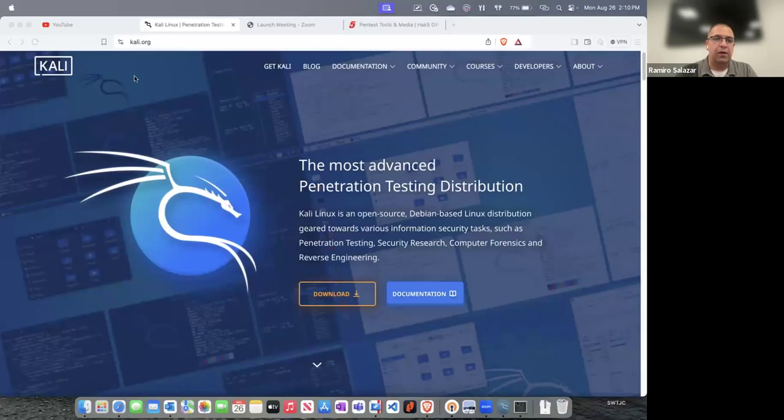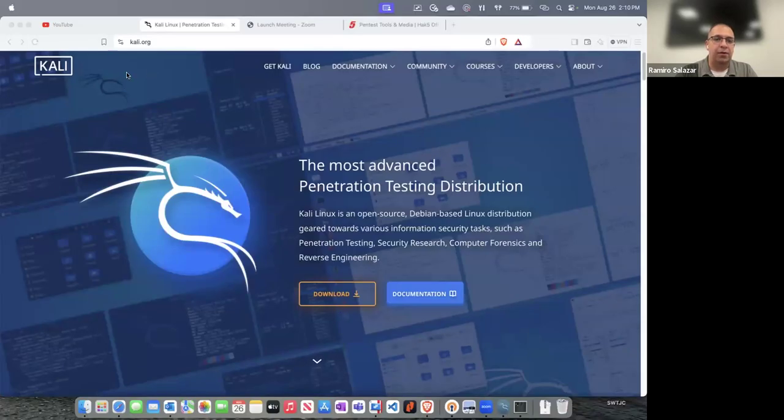Right. All right. So I'm going to go ahead and share my screen, and I'm going to show you a tool called Kali Linux. It's a Linux-based operating system that hackers love to use to perform attacks on people. All right. So let me first start by sharing my screen. All right.